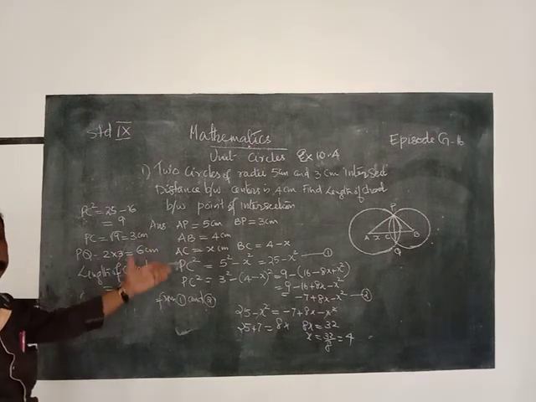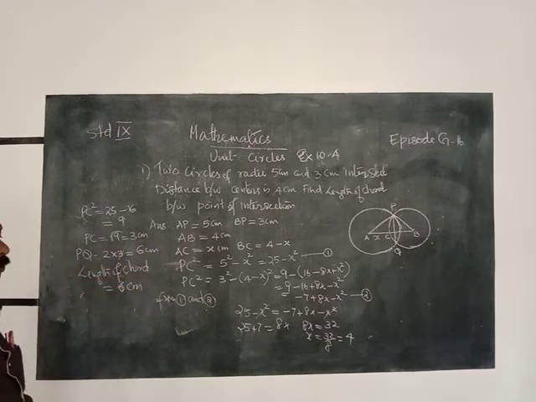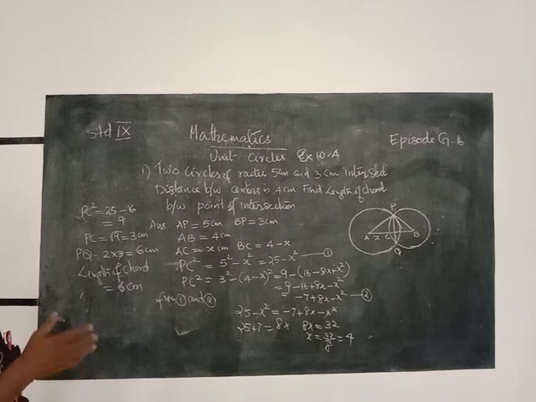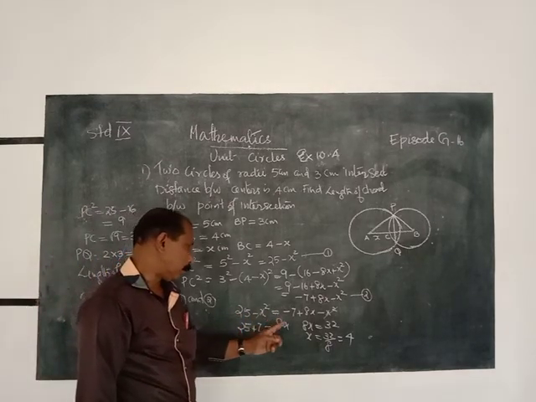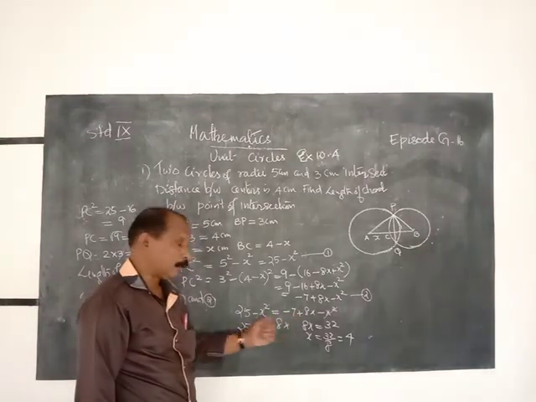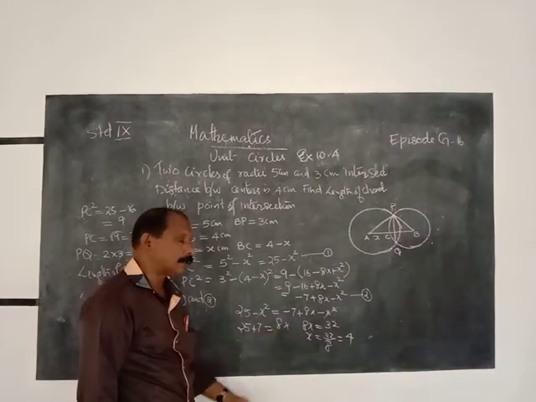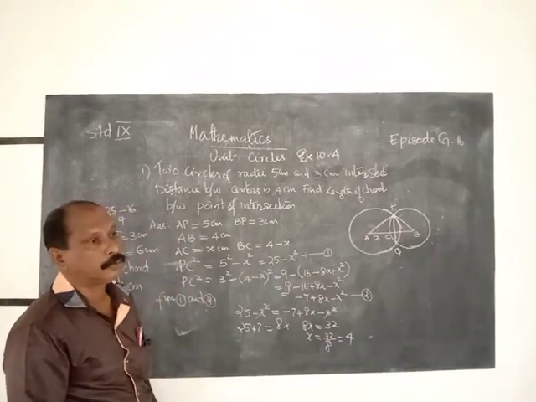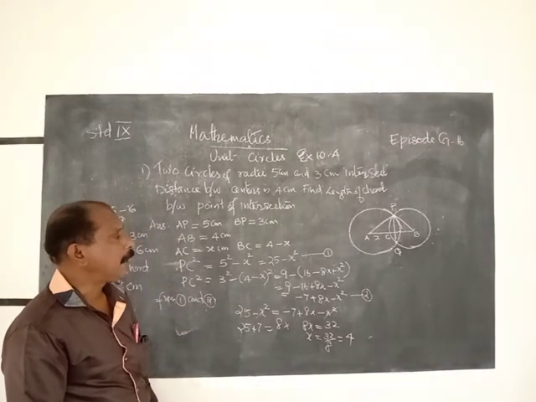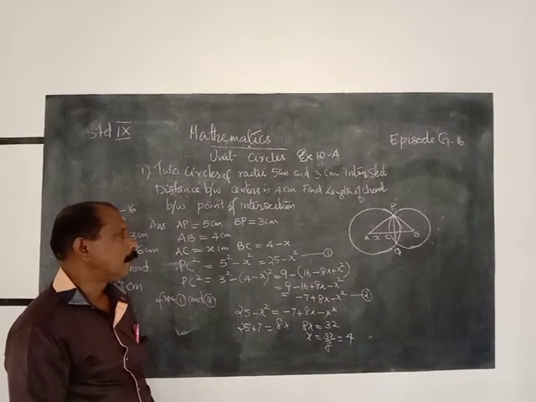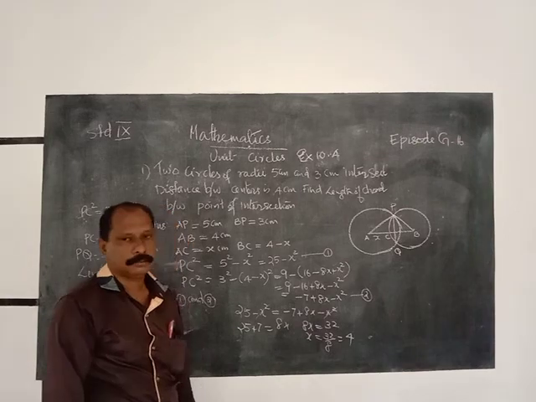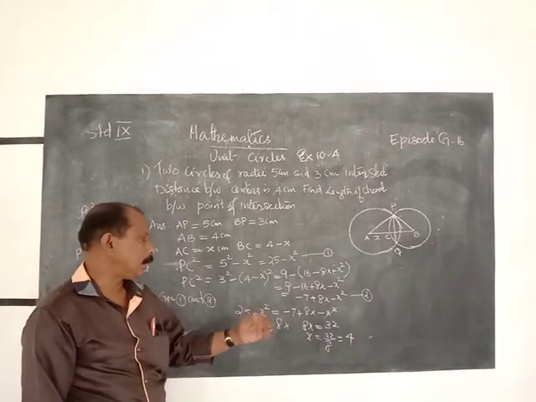1 and 2 are equal because it is PC square. From equations 1 and 2 we get 25 minus x square is equal to minus 7 plus 8x minus x square. Minus x square on both sides cancels these two. We get 25 plus 7 is equal to 8x. Therefore, 8x is equal to 32, then x is equal to 4, which implies that B and C coincide with one another. That means C is the center of the second circle. Therefore, x is equal to 4.